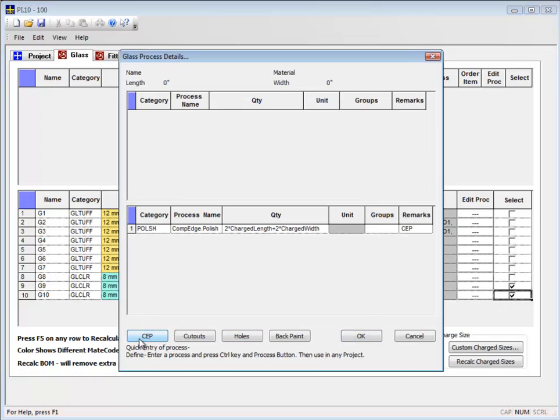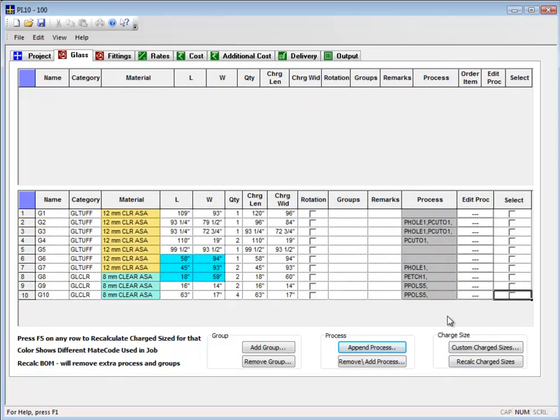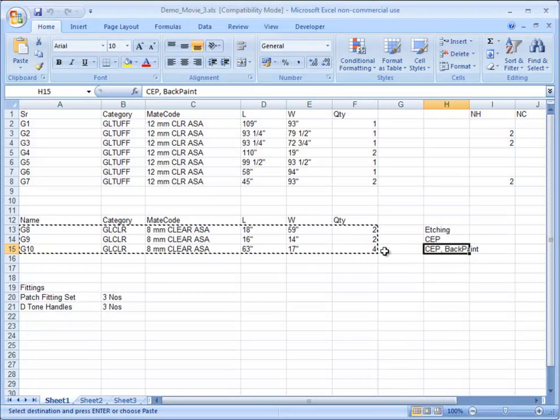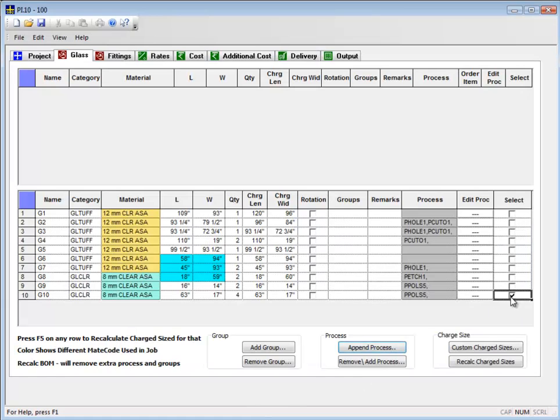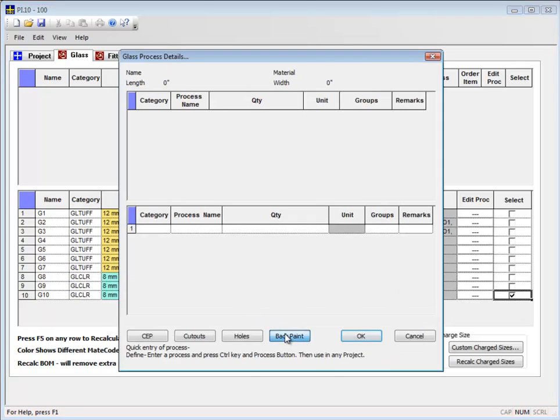Press on the CEP button, then press OK. And there is one more process in G10, back paint. Click on back paint and press OK.